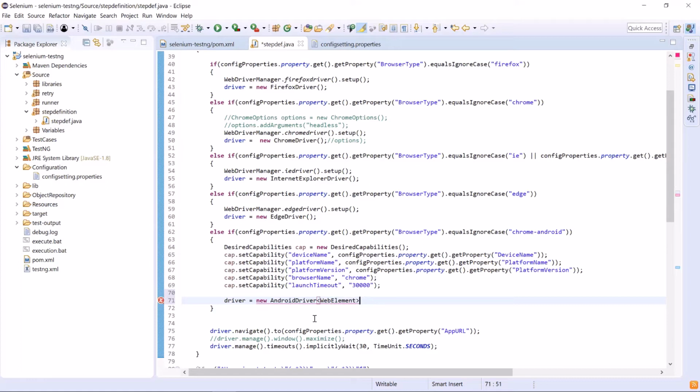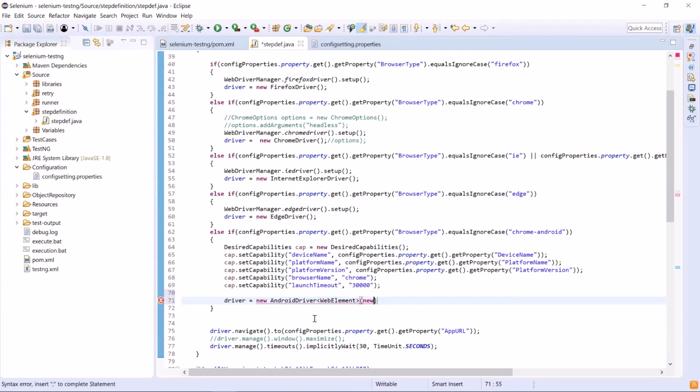Basically, when you use web element, it will allow you to use all the Selenium commands, while mobile element is APM's element, which implements web element and adds APM specific features like touch gestures. Android element and iOS element implement mobile element and add operating system specific features.